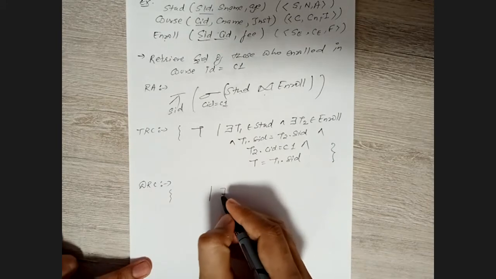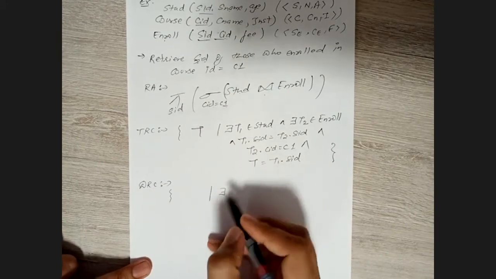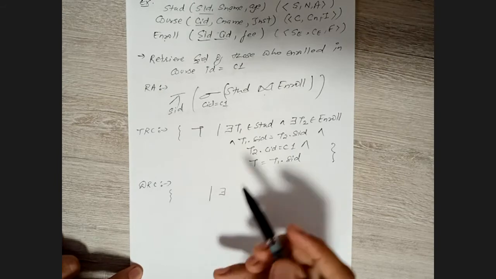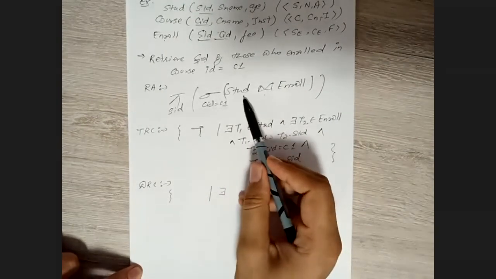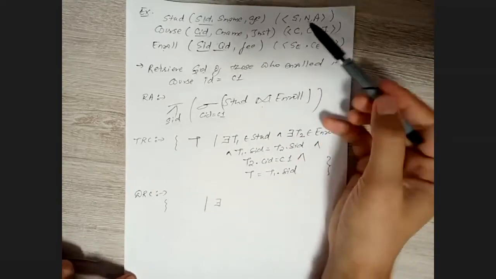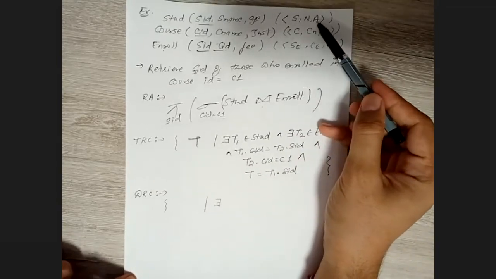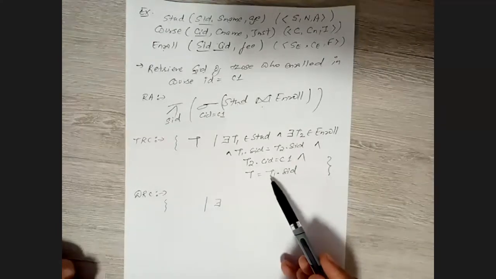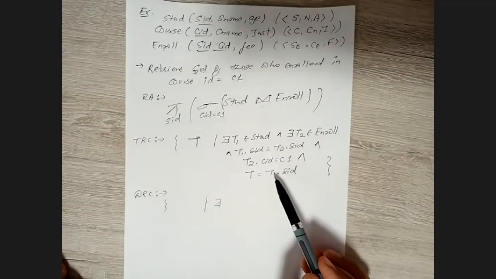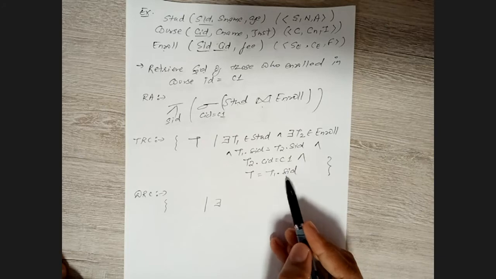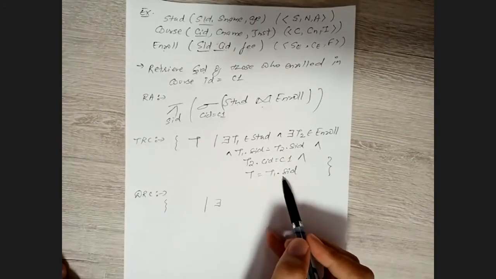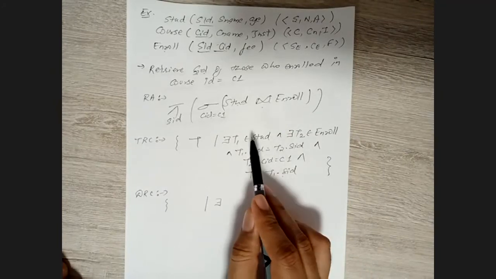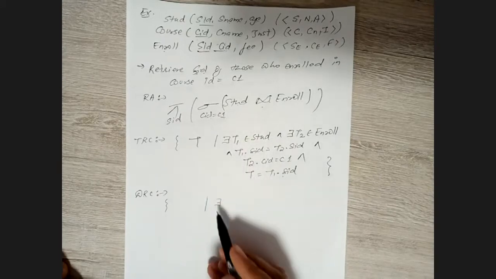There exists, we have used there exists. Okay, fine. So there exists what, let's try to find from the student table first, right? In the student table we have the attributes S, N and A. See, we need to retrieve, keep this in mind, a very small change is there in DRC. What we want to project here, from the student table, is the SIDs, right? So whatever we actually want to project from the table, don't include that attribute with there exists.